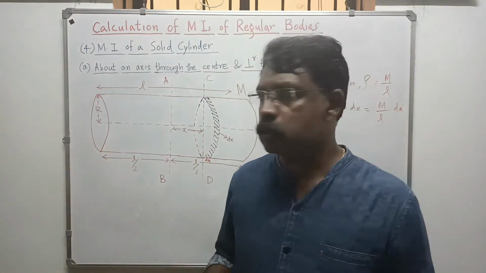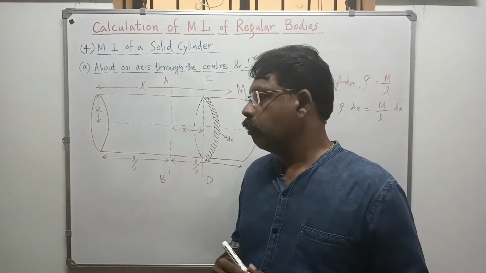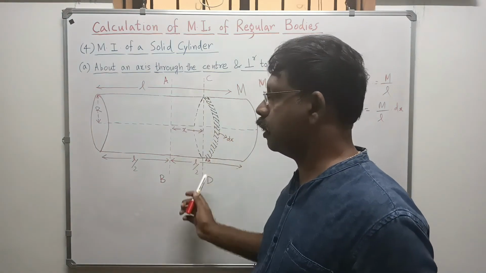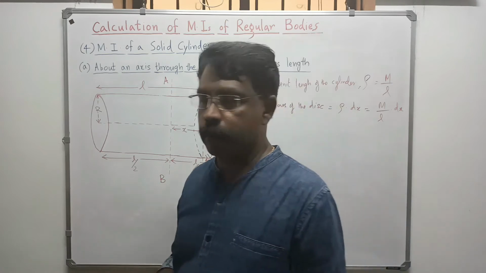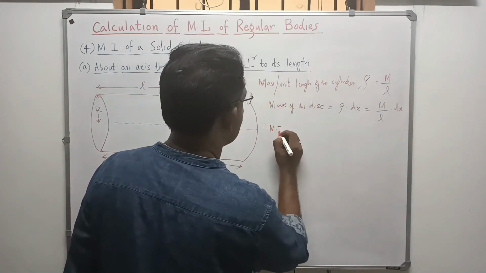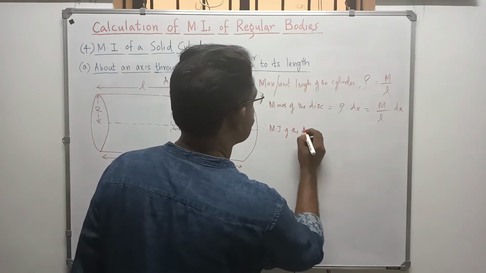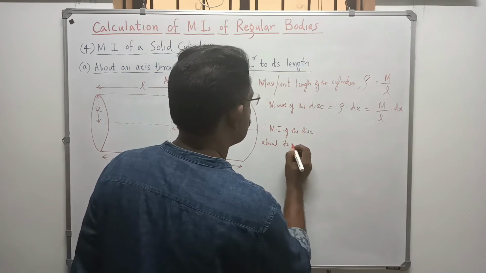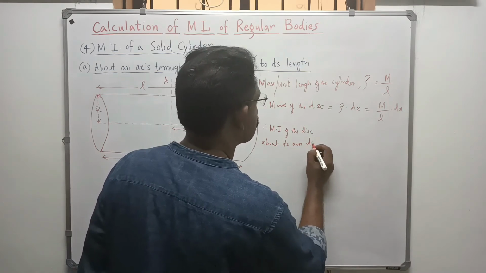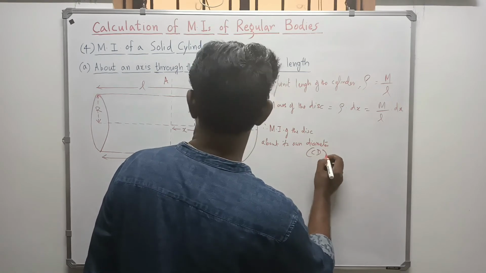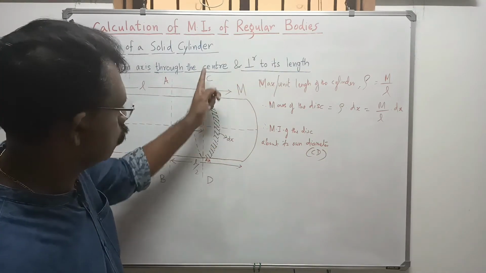After getting the mass of the disk, we will go for the moment of inertia of the disk about this diameter. So what is that? About its own diameter. Therefore the MI of the disk about its own diameter, that is the diameter CD, about this diameter will be equal to,